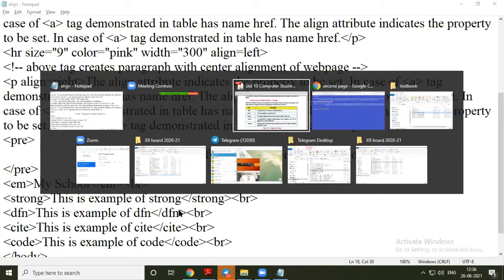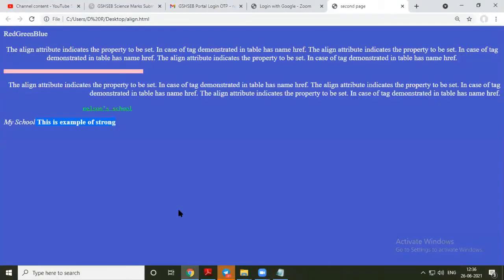Save this file and go to the web browser and refresh it. So this is the EM tag, this is the strong tag, this is the DFN example, this is the cite example, and this is code.